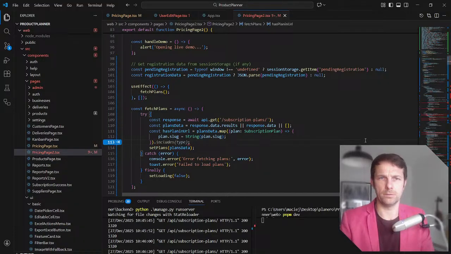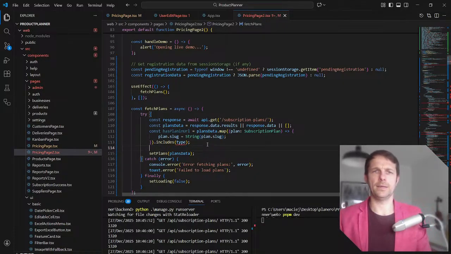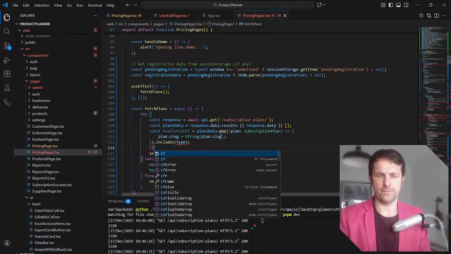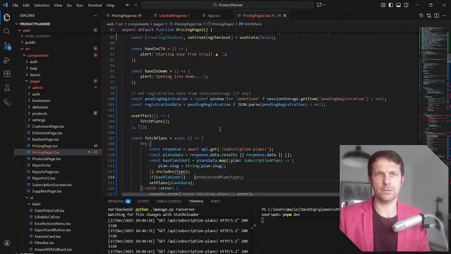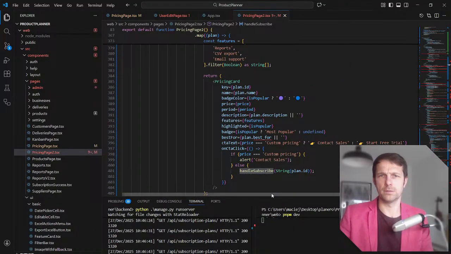So then includes type. So if it's one of those, it should actually do that. And if it does, then I can set selected plan. Is it the function that I wanted? Or do I handle subscribe? I want to subscribe already. Plan ID, okay.